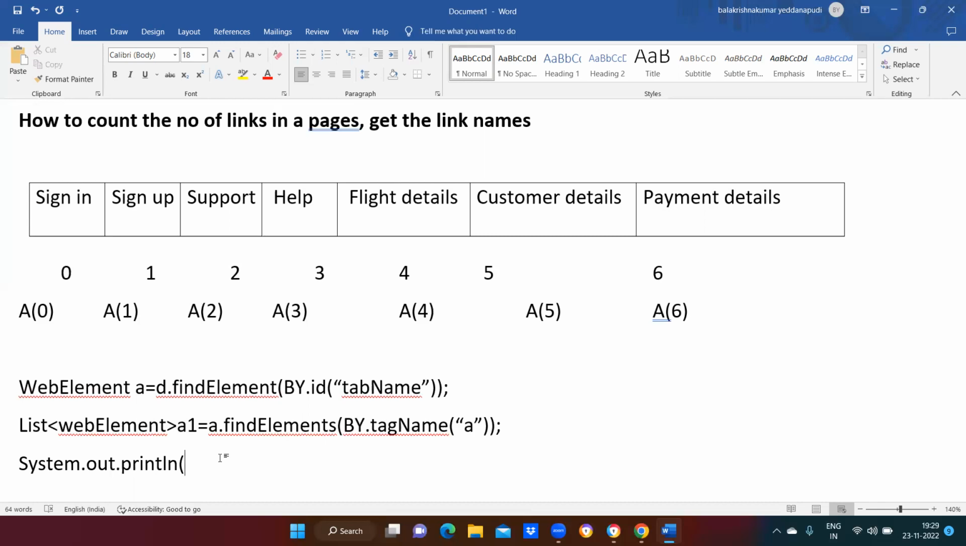a1.size. Why a1.size? We have stored everything in a1, right? a1 is a tab. a1 is the list of elements present in the tab. Okay na? So this is the entire tab, and this is the list of elements